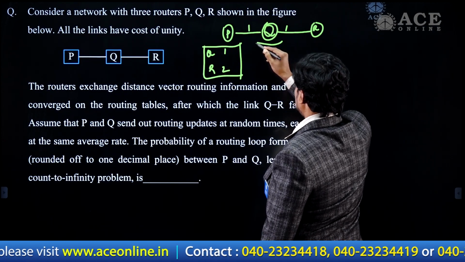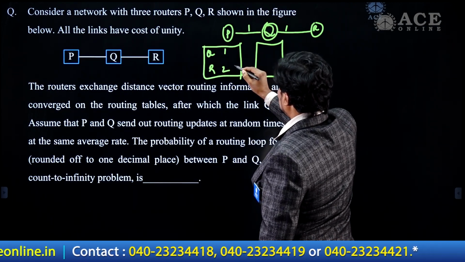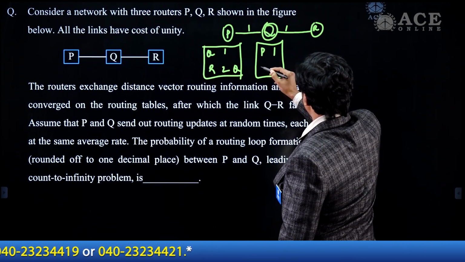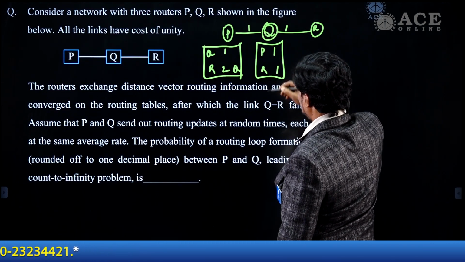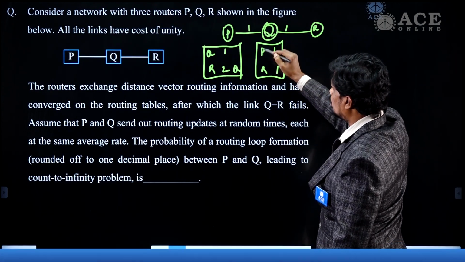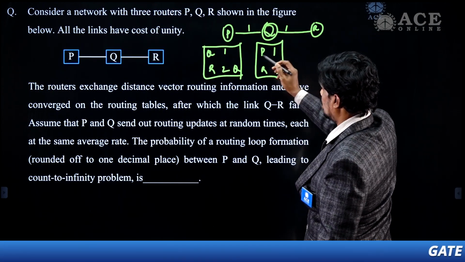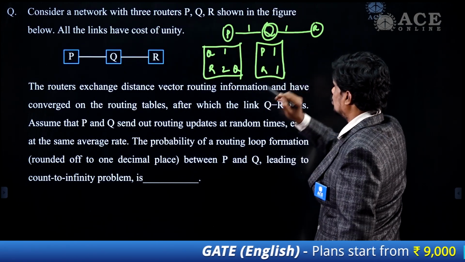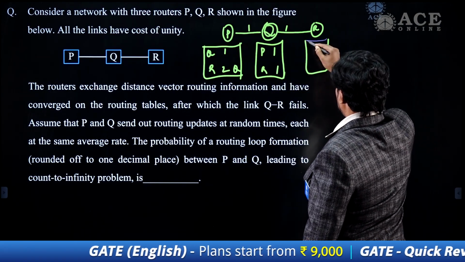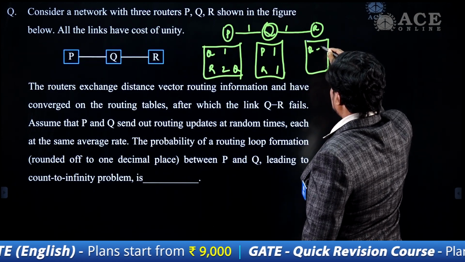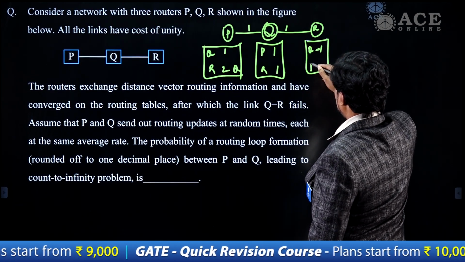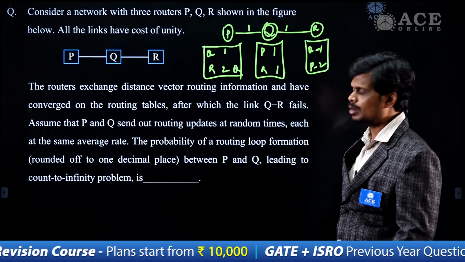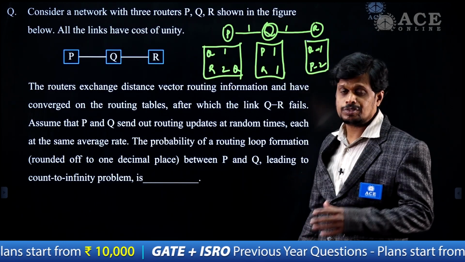And then coming to this Q, and this is via Q. Next, this is having P tends to 1 and R tends to 1, right? So it means that from Q to P it is 1, from Q to R it is 1. Here from P to Q it is 1, from P to R it is 2 via Q. And the same way coming to here, Q is 1 and P is 2. So these are the routing tables which we are having with respect to P, Q and R before the topological